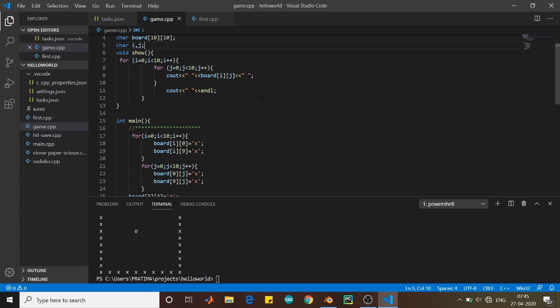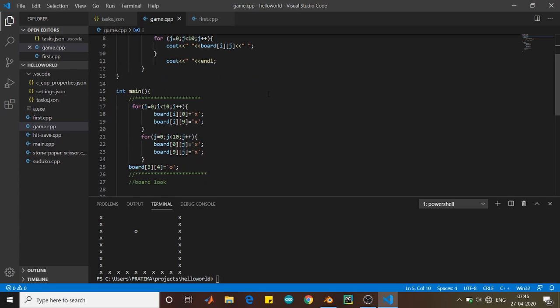At this point I will request you to now think how the logic should work, how it is going to implement this, because now you have a basic framework of our game. You can modify it into your game, or just at least take some time to think the logic behind this. I believe you might definitely have thought the logic. Now let's move forward. So I have this as my first view of my board.